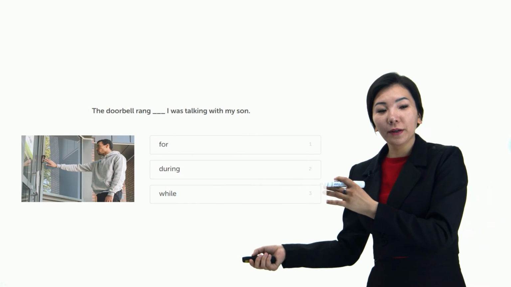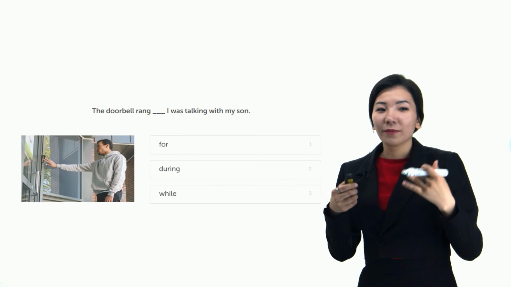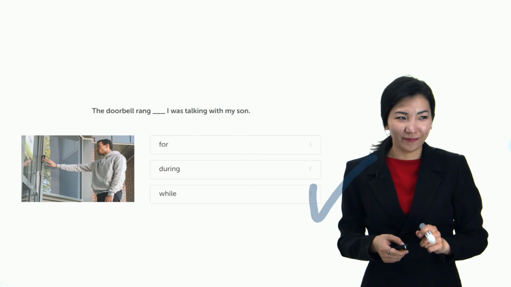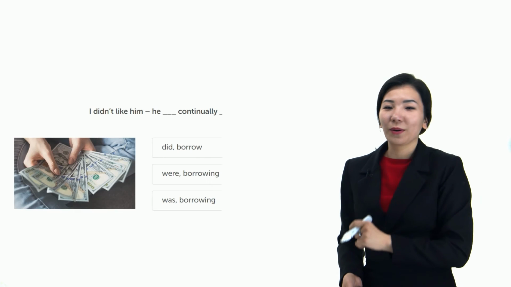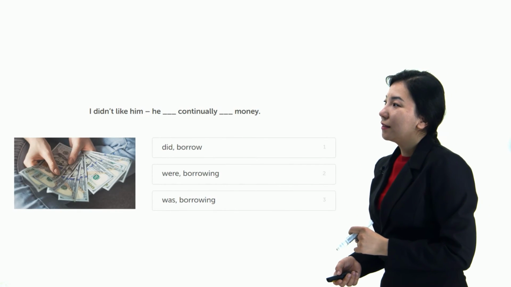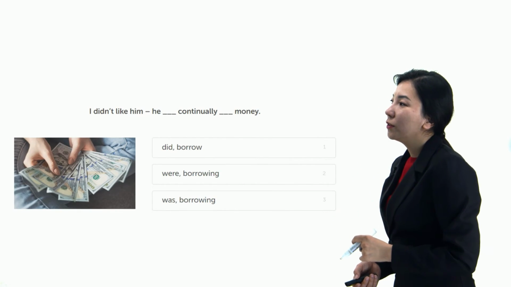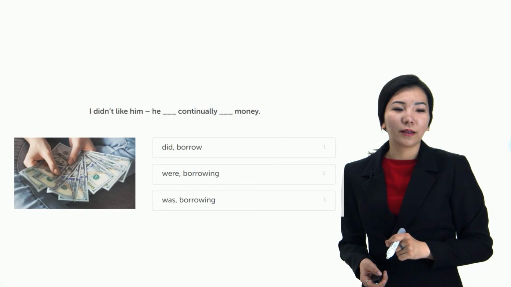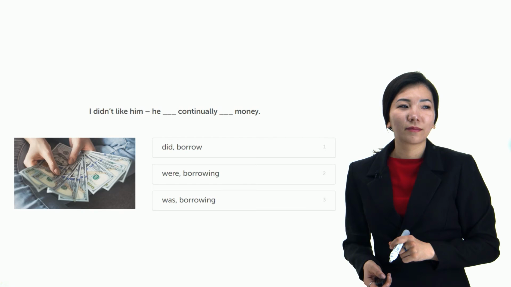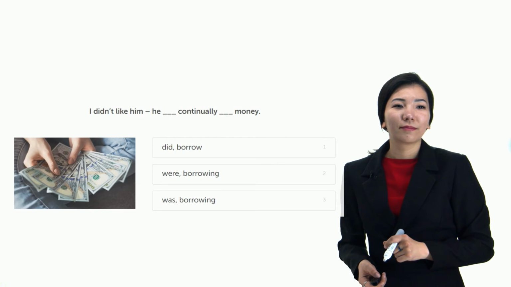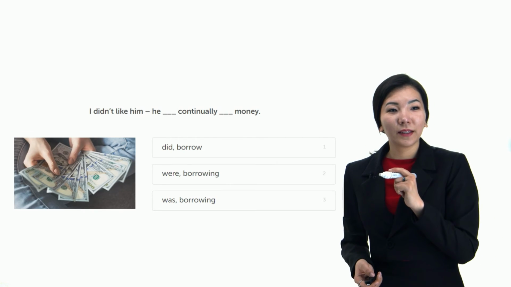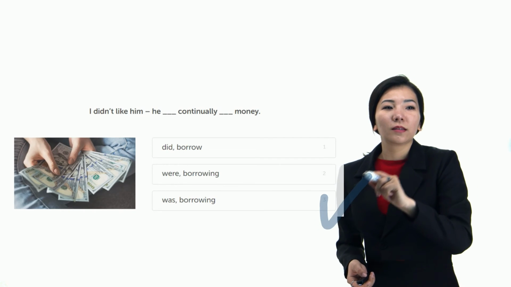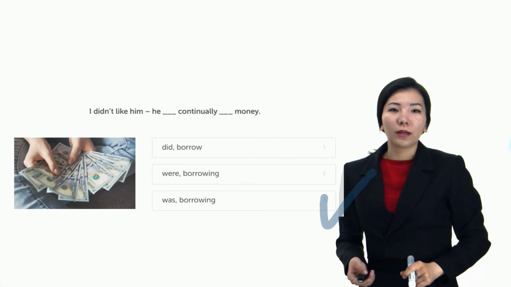The doorbell rang. We know this one. While I was talking with my son. Right. Next one. I didn't like him. He continually borrowed money. He is not a good guy. Okay, ready? I didn't like him. He was continually borrowing money.